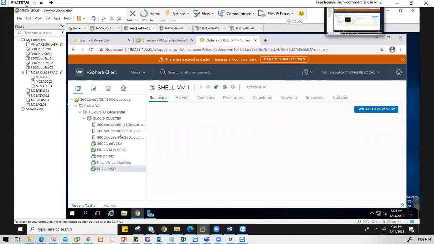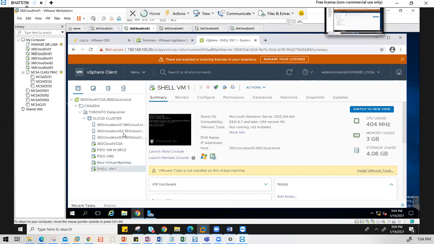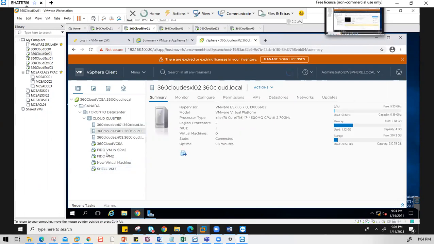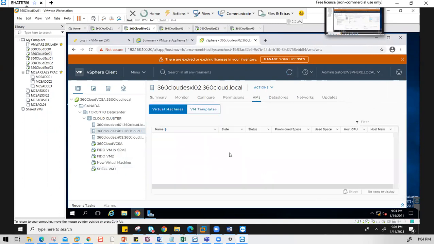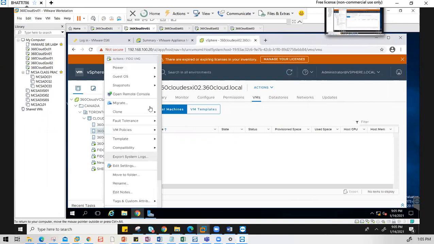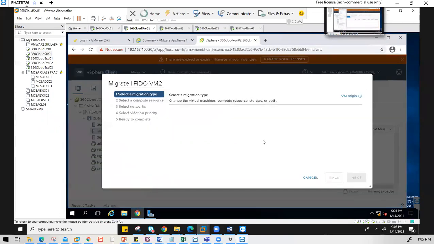So meaning the other 2 ESXi hosts have nothing on them. Or probably there are other VMs, but let's see. So I'm going to select the ESXi host and go to VMs. And within VMs, it shows nothing. So these ESXi hosts are empty. So first of all, I'm going to move one of the VMs to ESXi2 so that we can see